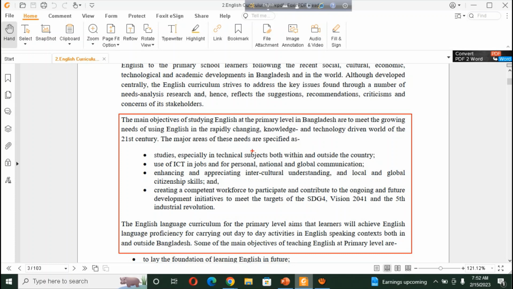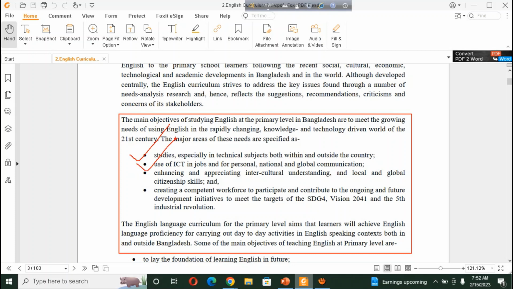The major areas of these needs are specific as studies, especially in technical subjects both within and outside the country, use of ICT in job or for personal, national and global communication,